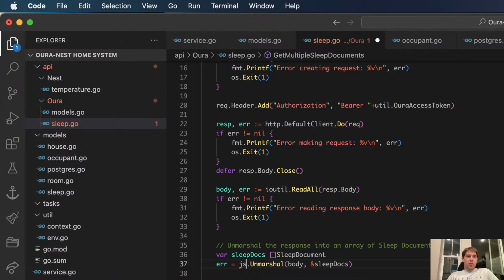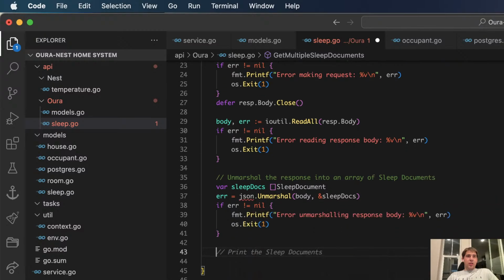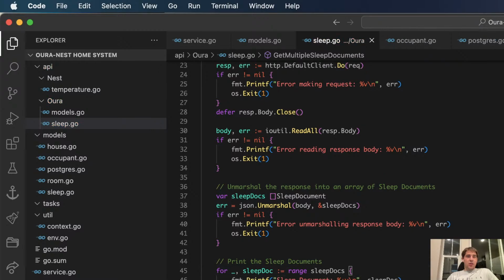No, just be JSON. This is such an ugly function. Let's see how this goes.